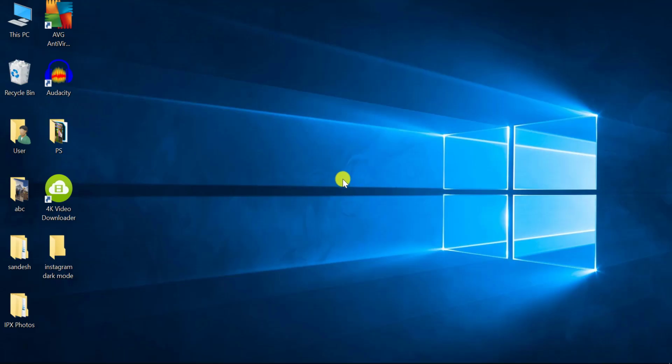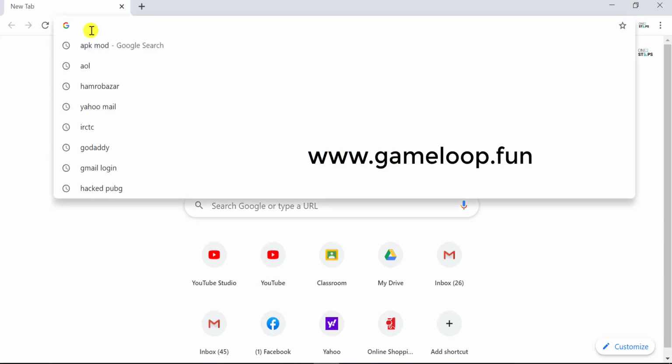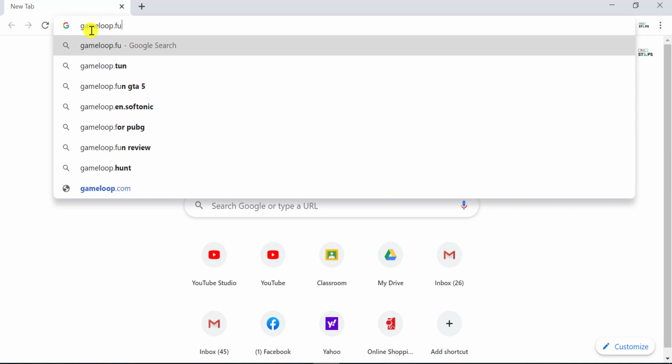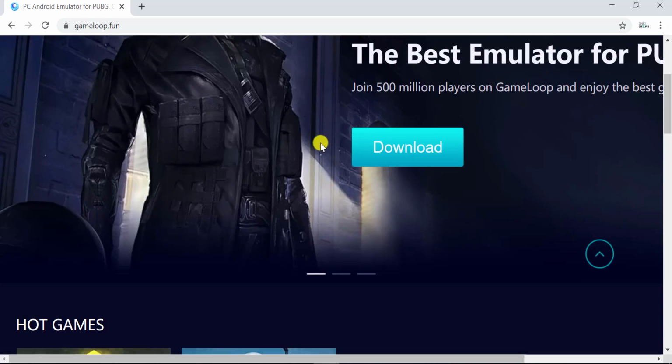First of all, open any browser on your desktop. For this one, I choose Chrome. After opening Chrome, go to the web address bar and search gameloop.fun and hit enter. Then it will take you to the homepage of Gameloop, and there you have to scroll